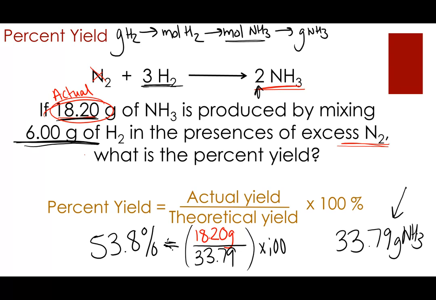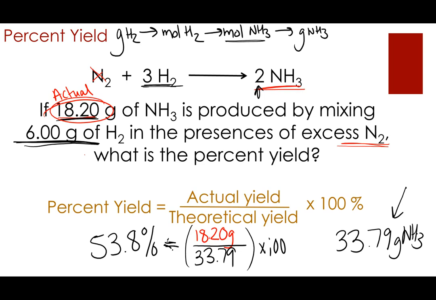So if I put in 6 grams of hydrogen, almost 50%, so what, let me do the math here. So 100 minus 53.8,